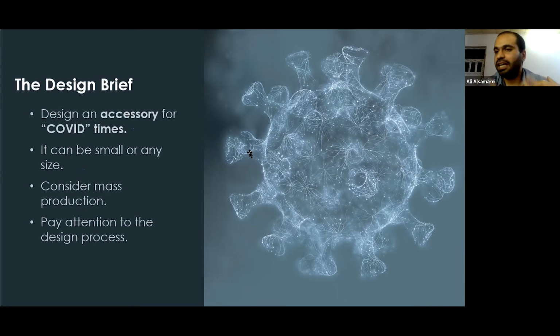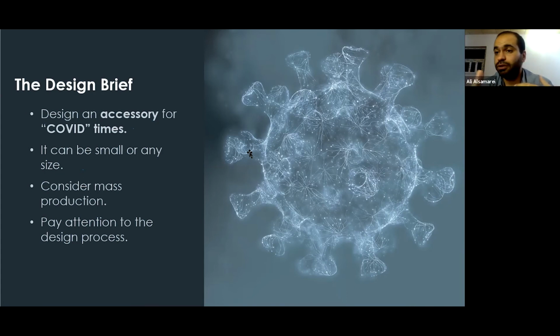Then you are designing an accessory. Again, accessory has multiple meanings. Some will use it literally as a fashion accessory. But some people will think of an accessory as something you attach to or add to any gadget you have, or something else. So what I'd like you to do is define these things for yourself and say why,